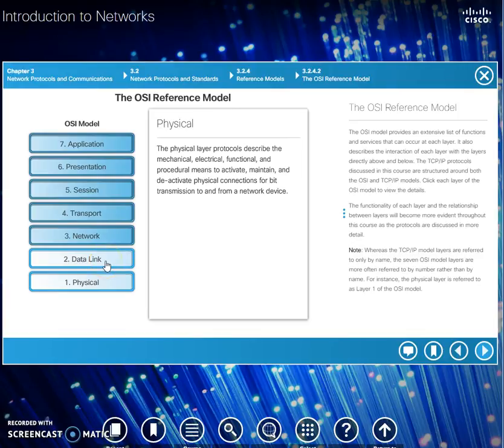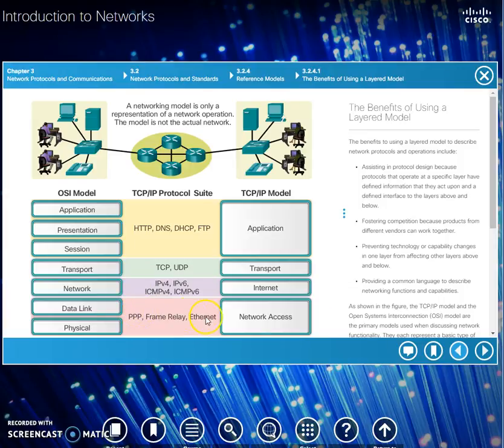Physical, the actual connections: copper, fiber, Wi-Fi. Data link: MAC addresses, layer 2 switches, what data is being sent, not just that there's a signal, but there are actual specific protocols. For example, back here is,